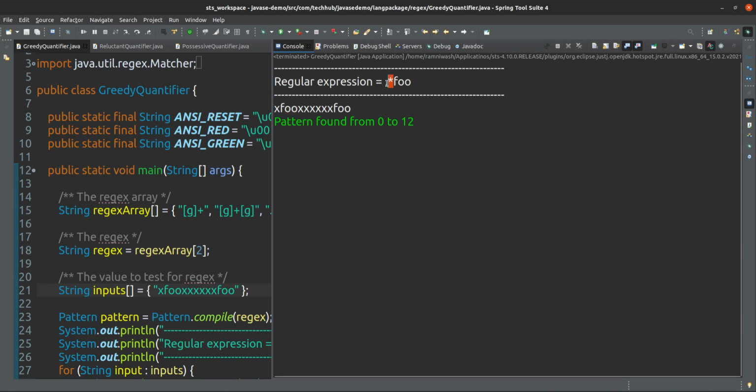After that, x is occurring, and x can occur anytime. X means x is replaced with this dot only, and that dot can be replaced this many times, but this always should end with the foo only, so that's why it is from 0 to 12 only. So this dot star is consuming all this input.